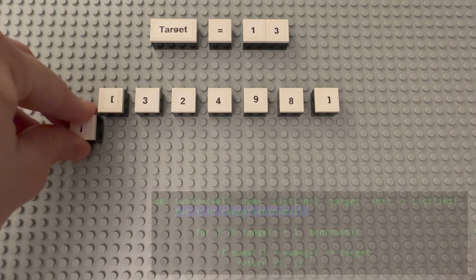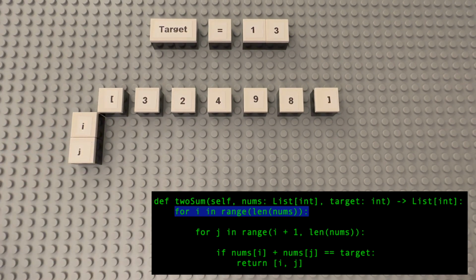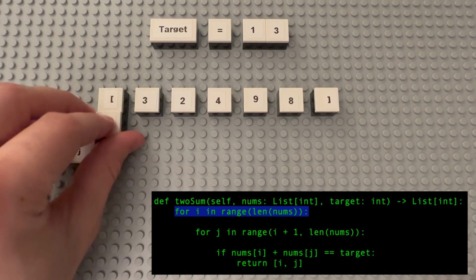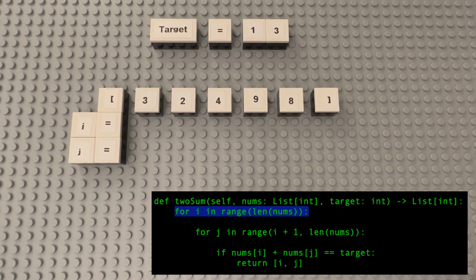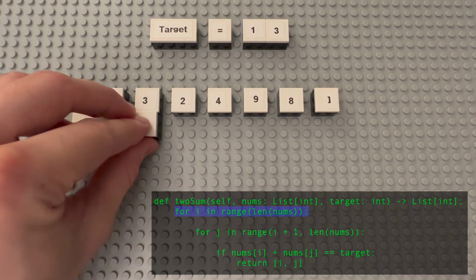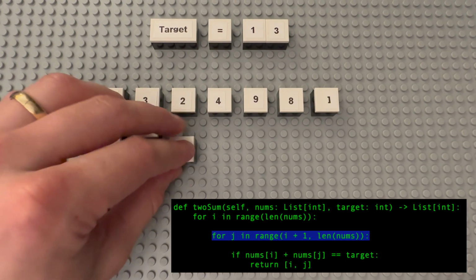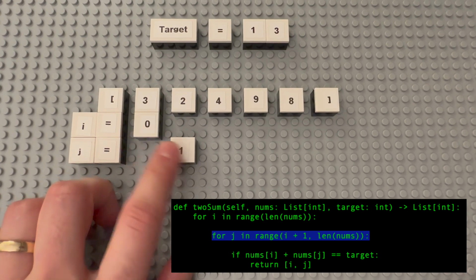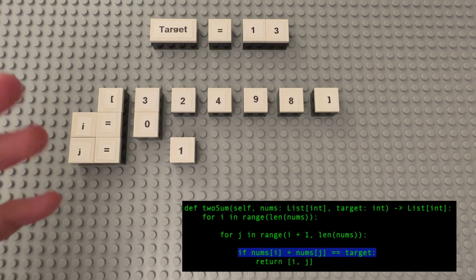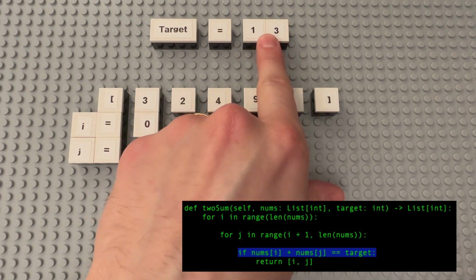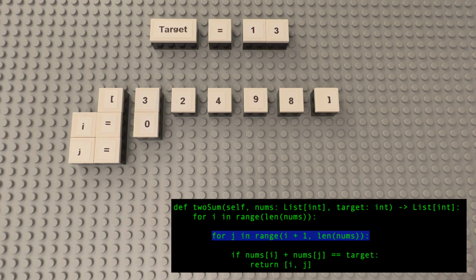If it does equal the target number, then you just return the indices of those two numbers. So you start out and you have a nested loop, your iteration variables i and j, and you'll start with the first combination of numbers being 3 and 2 at the indices 0 and 1. So you'll add those together, you'll get the number 5. You'll see that that is not equal to our target number, so you'll increase j to the next number,